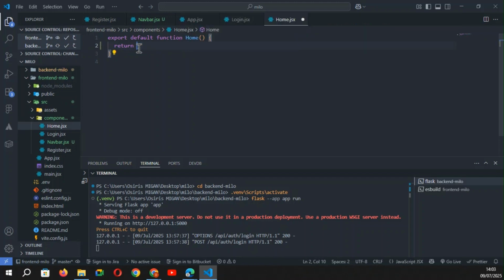So here div and navbar component. Okay, and if I see my page,